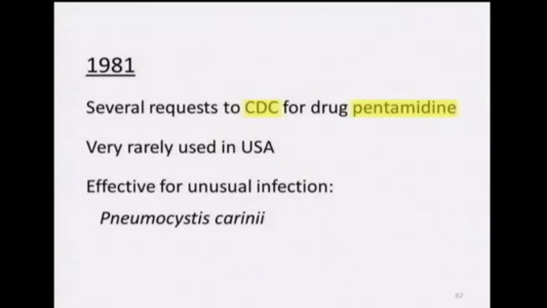So there is a drug that's called pentamidine that is not routinely available in the United States. But if you, as a doctor, feel that you need it, and it's used for various purposes, including rare, unusual infections of the lung, you have to write to CDC, make a request. So